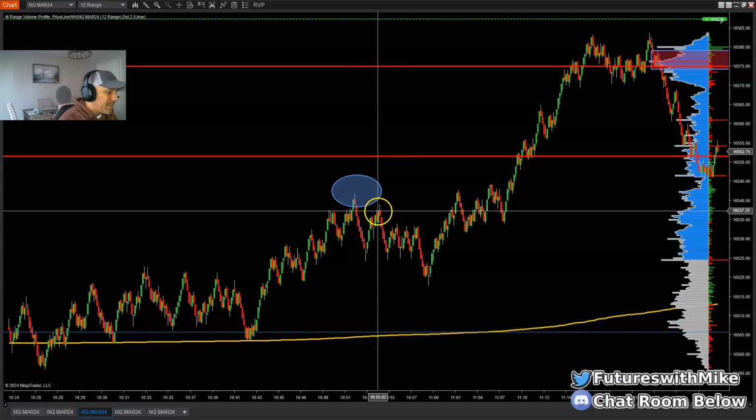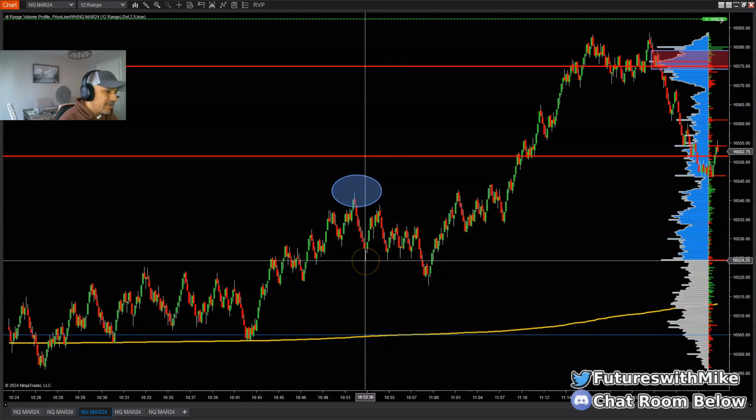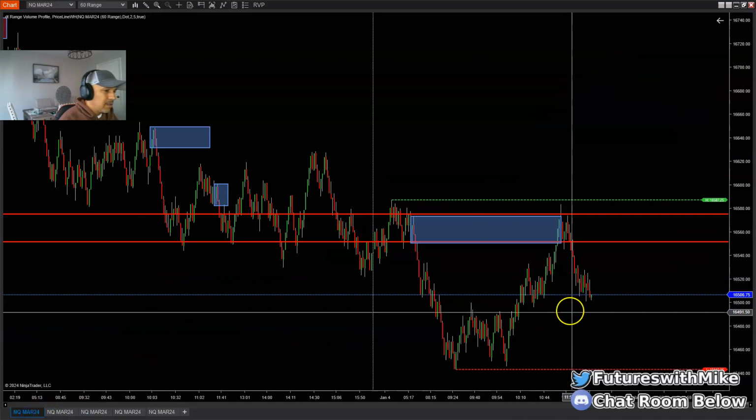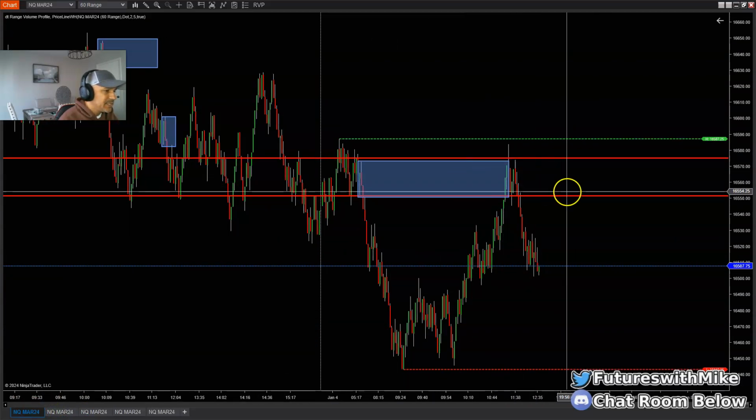So when it came back to this area, I was looking for it to run the low right here at 24, and it did that. And I was able to pick up 9 points pretty easy on that, once it rejected that area there. Now, the next trade that I took, I was looking at, again, waiting for it to tap into this supply